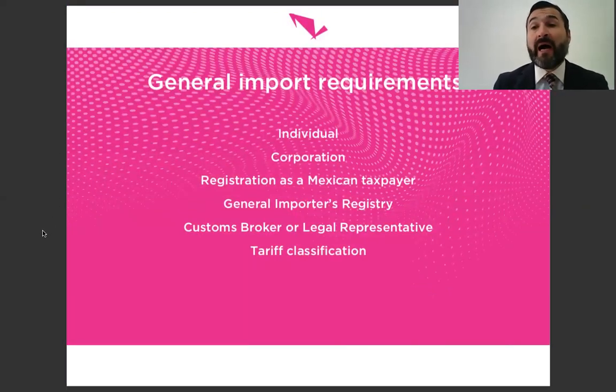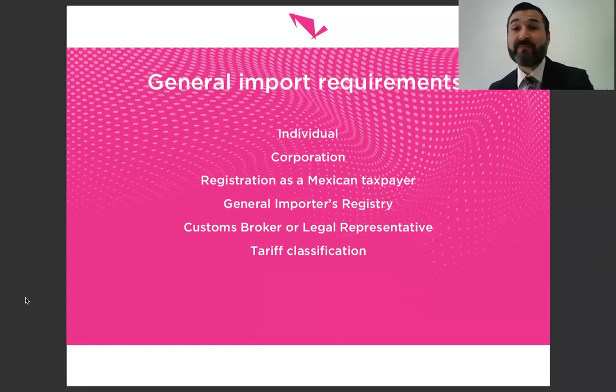Then there's something additional to this. You have to be a taxpayer in Mexico. You have to be a registered taxpayer in Mexico in order to be able to have access to this import, let's say, to the import activities. So you are now an individual, or you are a corporation. So now you have to go and get your taxpayer's ID or taxpayer registration, because you will have to pay